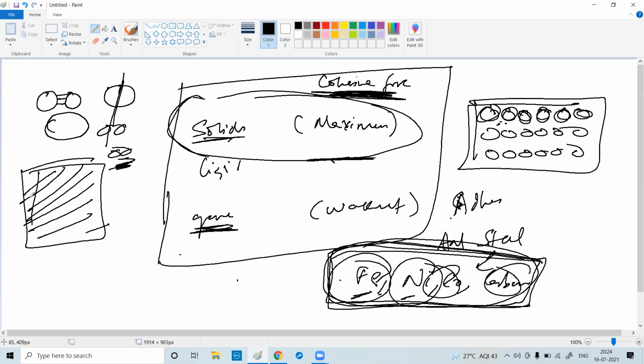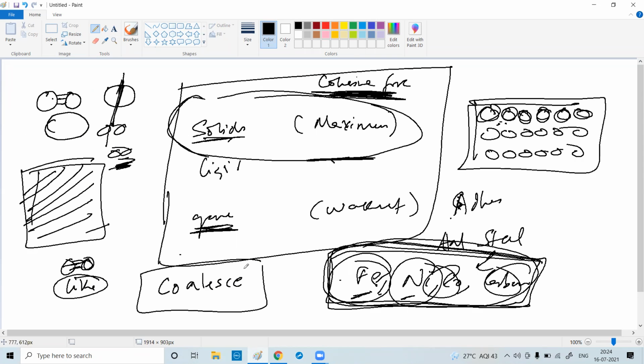Why do they do that? Because of cohesive force. The cohesive forces are very high between the same type. That's why they merge. Mercury will not attach to your hand. They will be attracted towards their own partner, like particles. Because of cohesive force, they immediately coalesce. C-O-A-L-E-S-C-E. Coalesce. Two droplets will coalesce to form a big drop. That is why even in the clouds, the water droplets merge into a bigger droplet and they fall.